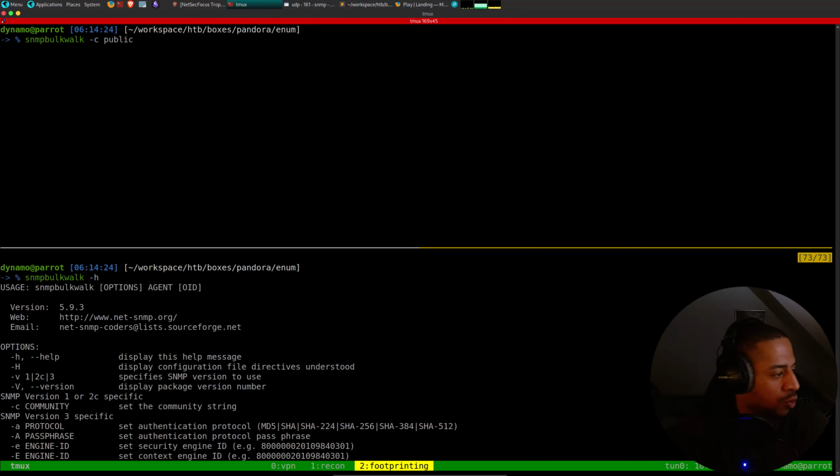Let's quickly go over a refresher of what SNMP actually does. SNMP, the Simple Network Management Protocol, is a protocol used for monitoring and managing network devices like routers, printers, switches, servers, and IoT devices. It enables remote configuration and control of network devices.